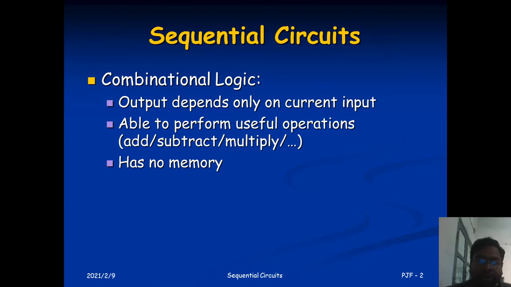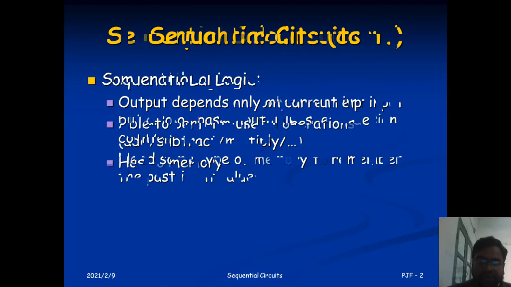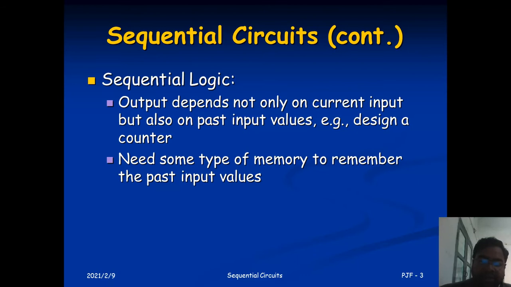Now, as we are aware of what a combinational circuit is from the last lecture, combinational circuits are circuits in which the output only depends on the present inputs. In that, we do not have any kind of memory devices with which we can store the past output. But in a sequential circuit we have a provision of memory elements, so that we can also store the past output, and based on the past output and the present input we will get the output at the next moment of time. So the basic difference between a combinational circuit and a sequential circuit is the existence of the memory element.